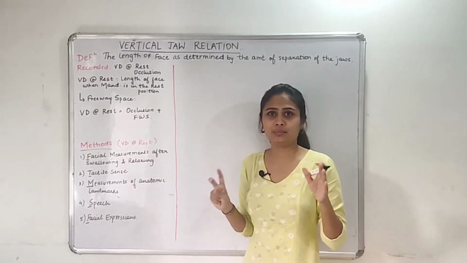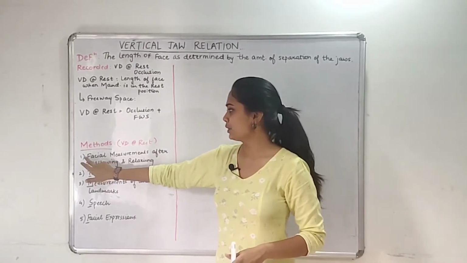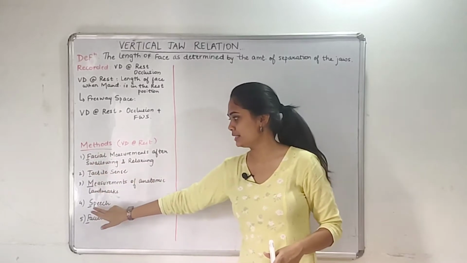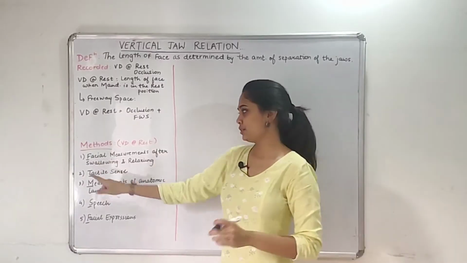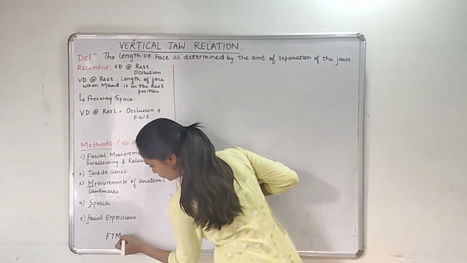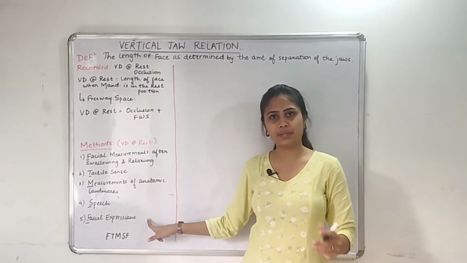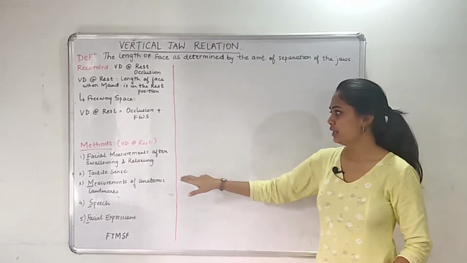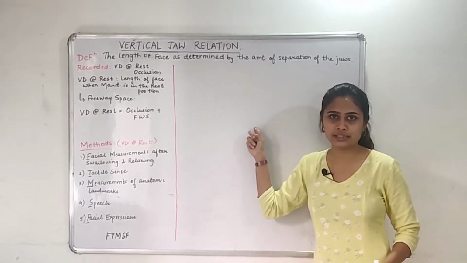I like this bike, that is KTM. But instead of K, we'll start with F. So KTM is super fast; that is FTM is SF. Instead of the K, we just replace it with an F. So here the mnemonic can be FTM is super fast. With this we can remember the 5 basic methods with which we can record vertical dimension at rest. Like we did in the horizontal jaw relation, we'll explain each one on this side of the board.